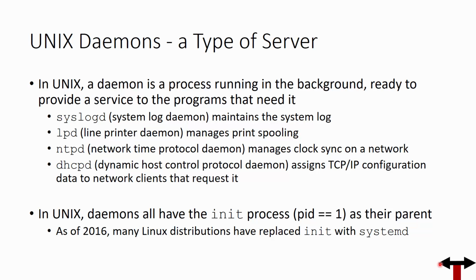In Unix, daemons all have the init process as their parent, or at least the official daemons that are started up by the system when it is booted. They will all have init as their parent. Init starts at the process ID of 1. One interesting change in just the last year has been the